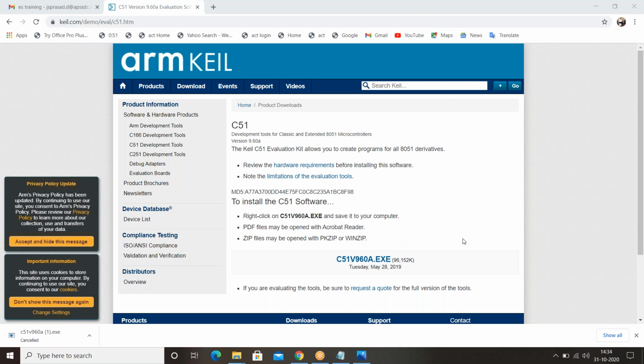In version 4, you have to select Atmel, and in the Atmel family, you have to select the 8051 microcontroller. But in Keil MicroVision 5, you can directly select AT89C51. This particular microcontroller we can select directly here, but in version 4, you have to select it from the Atmel family.